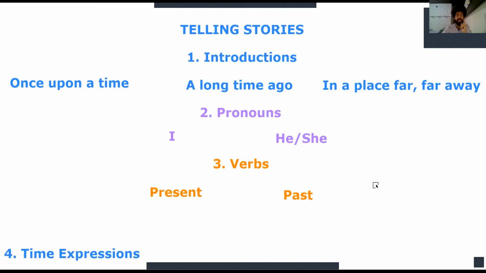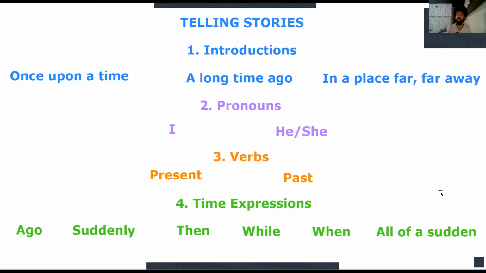And the last thing of this list are the time expressions. Again, of course, these are not the only time expressions we are gonna use or we have as an option, but I brought some that are very, very used in stories. We have ago, that we already talked about here a long time ago: 3 years ago, 3 days ago, 7 hours ago. You use ago to talk about the time that passed since something happened.